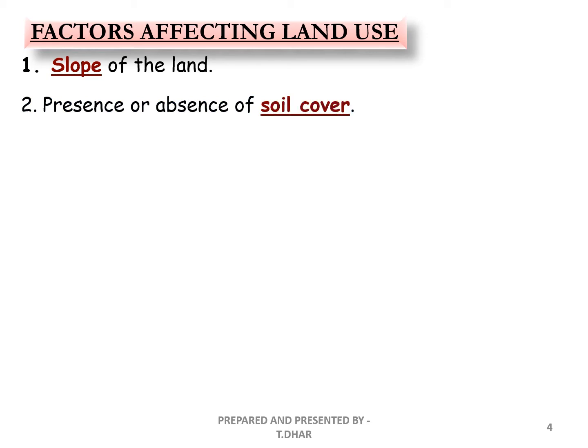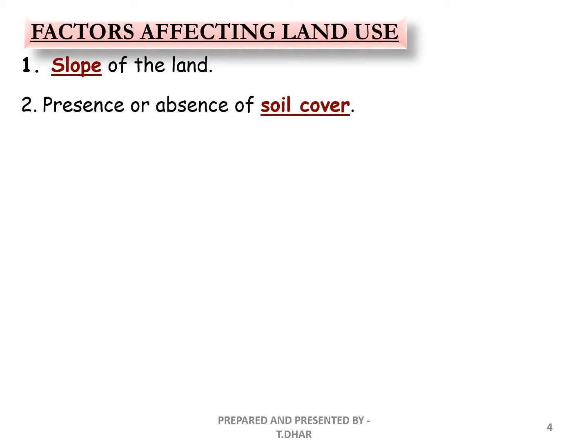Second is the presence or absence of soil cover. So the soil cover means the topsoil. As we all know, topsoil is very much needed for the growth of crops. It is fertile. It has got a vast amount of minerals in it, which are good for the growth of